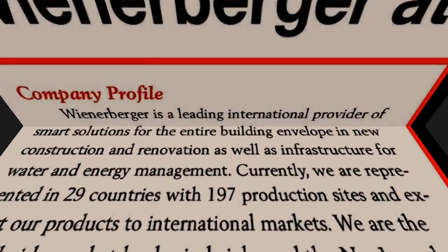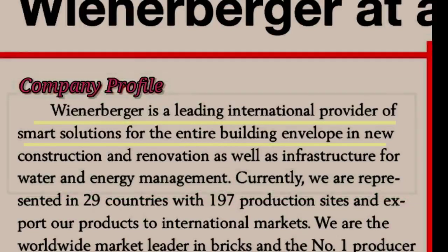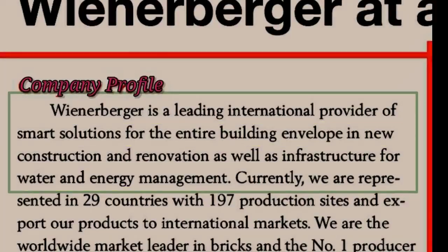This producer of the humble brick has become, and I quote, a leading international provider of smart solutions for the entire building envelope in new construction and renovation, as well as infrastructure for water and energy management. End of quote. I know that's a mouthful. However,